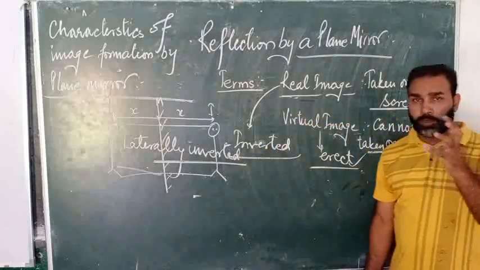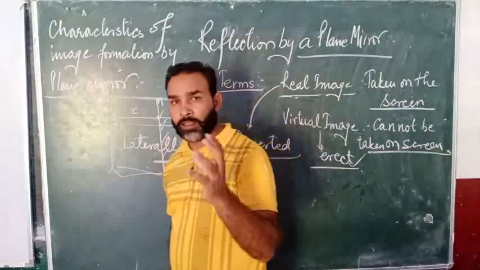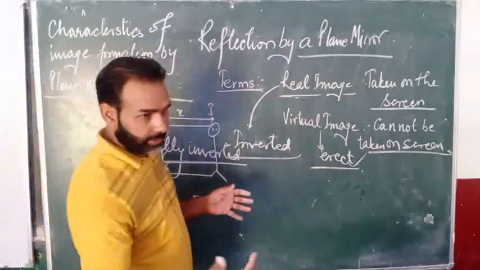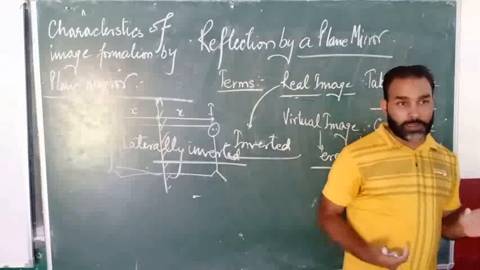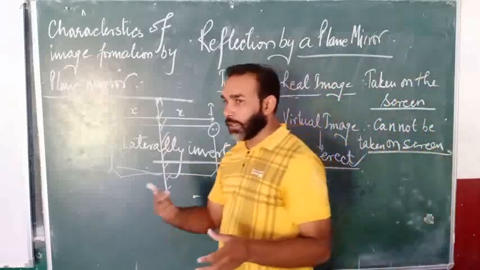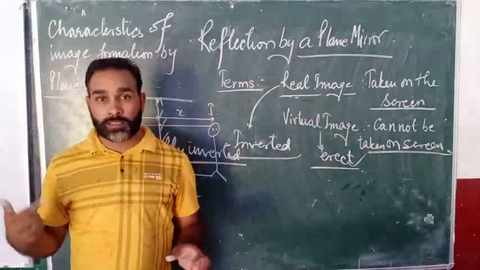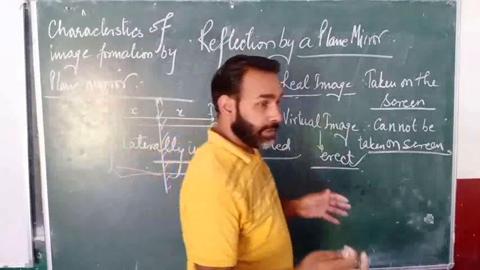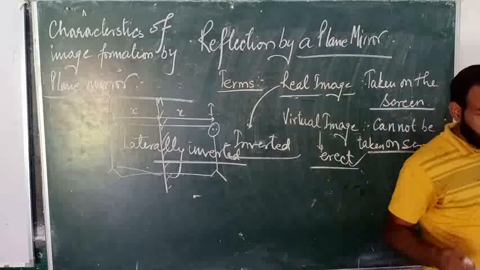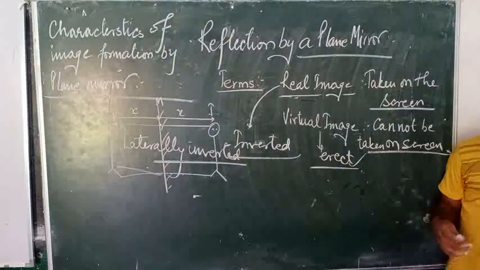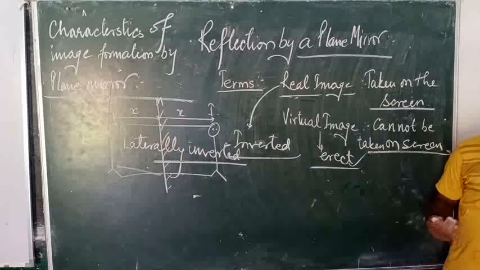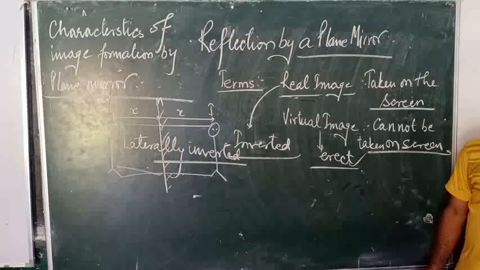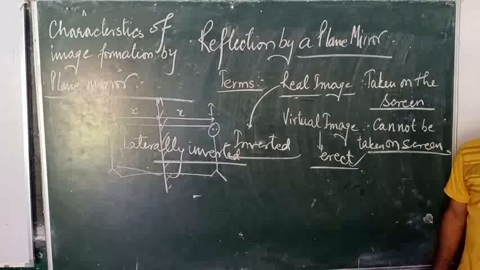सो देयर इज अ लेटरल इन्वर्जन ऑफ द इमेज, जैसे आपने बहुत बार देखा होगा एम्बुलेंस के ऊपर जो लिखा होता है वो इन्वर्टेड, लेटरली इन्वर्टेड होता है। जिससे क्या होता है कि अगर आप ड्राइव कर रहे हैं, बाइक या स्कूटी में जिस पे आप ड्राइव कर रहे हैं तो उसके शीशे में एम्बुलेंस लिखा हुआ आपको हमेशा सीधा दिखाई देगा। क्यों? क्योंकि वो पहले से ही इन्वर्टेड लिखा होता है, जिससे आप इजिली रीड आउट कर पाए और आप देख पाए कि यस पीछे एक एम्बुलेंस आ रही है और मुझे उसको रास्ता देना है। सो दैट इज द लेटरली इन्वर्जन। सो दीज आर द कैरेक्टरिस्टिक्स ऑफ योर प्लेन मिरर formation,